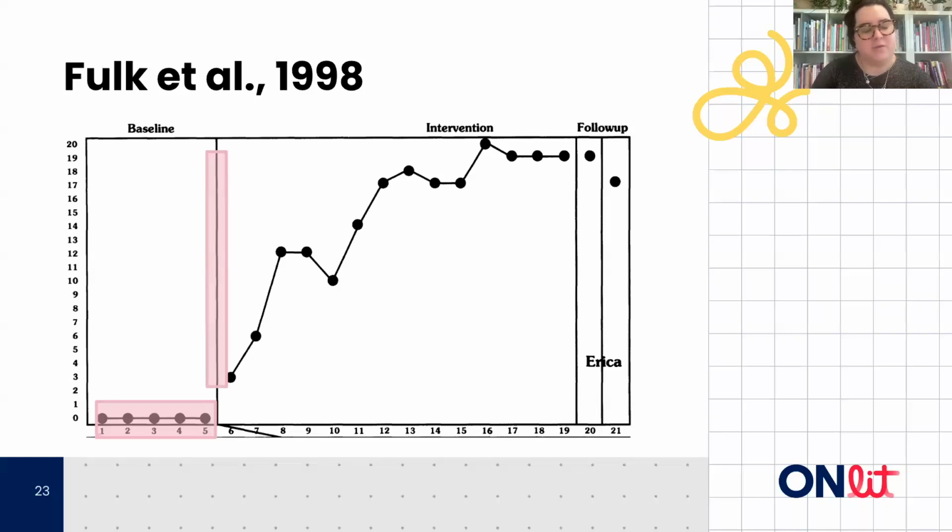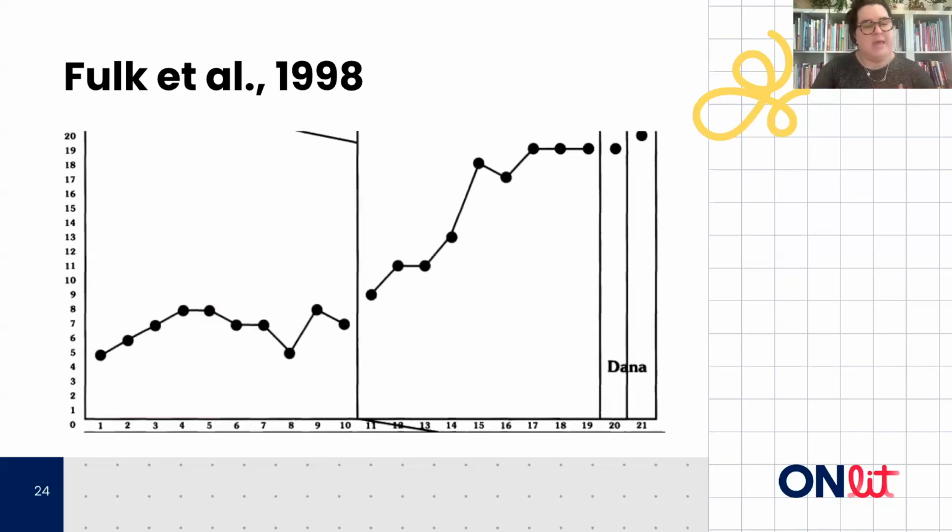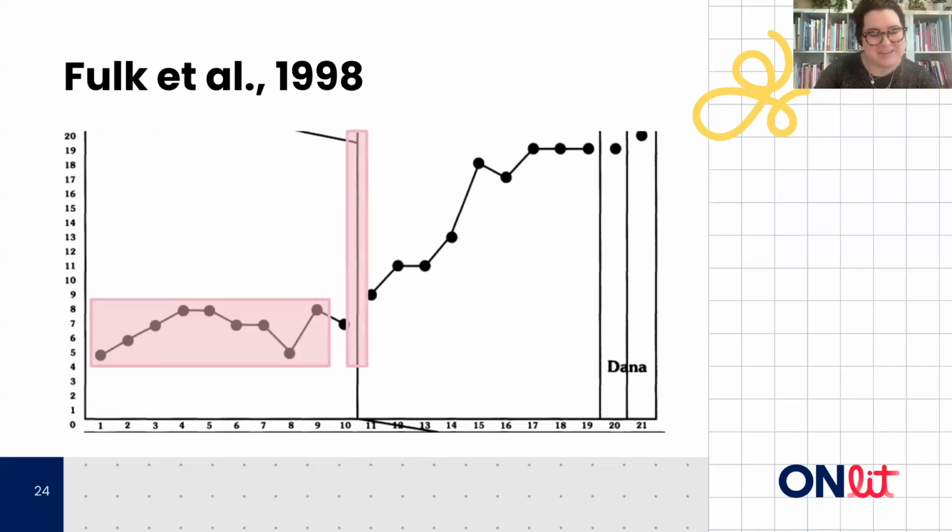And this vertical line represents when that embedded mnemonic intervention started, right? So when they started the instruction. And you can see how that child's phonics knowledge increased after that intervention was put in place. And you can also see the follow-up scores, a delayed retest. So this was the first student that was moved into intervention. And you can see the second student, they have a longer baseline, right? Those data points show that the first child was moved to intervention, this second student stayed in baseline for a bit longer, and then they were moved into intervention. And you can see how their scores improved.